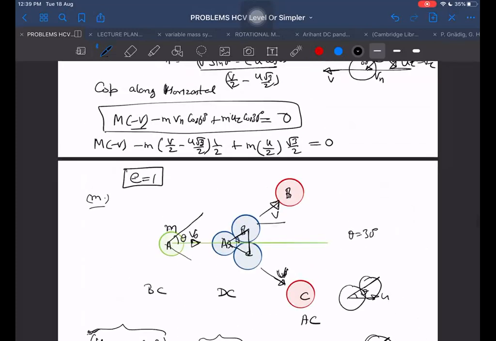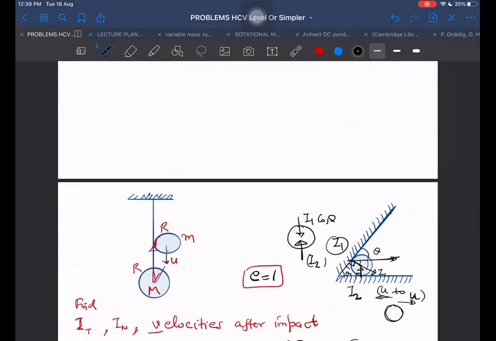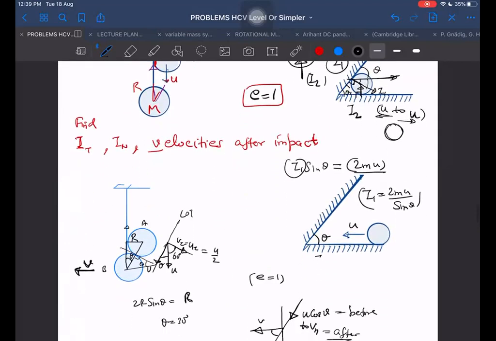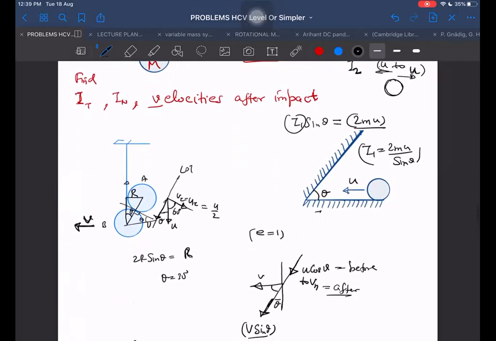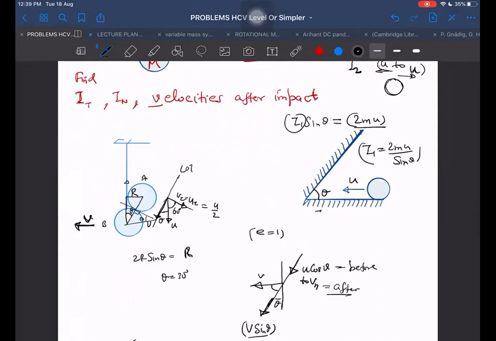If you are not understanding this, then what are you doing? Last time also we did that only. Here also, why did I not take u directly? Why did I take u cos theta here? You did not understand the last case also then. Why did I take u cos theta last time?